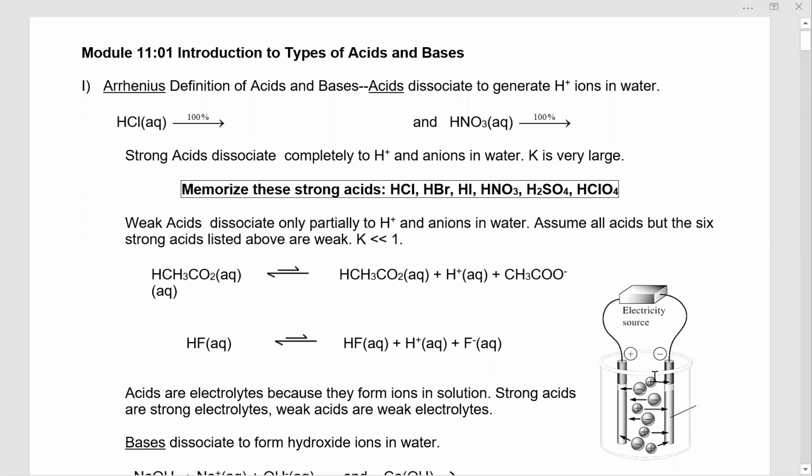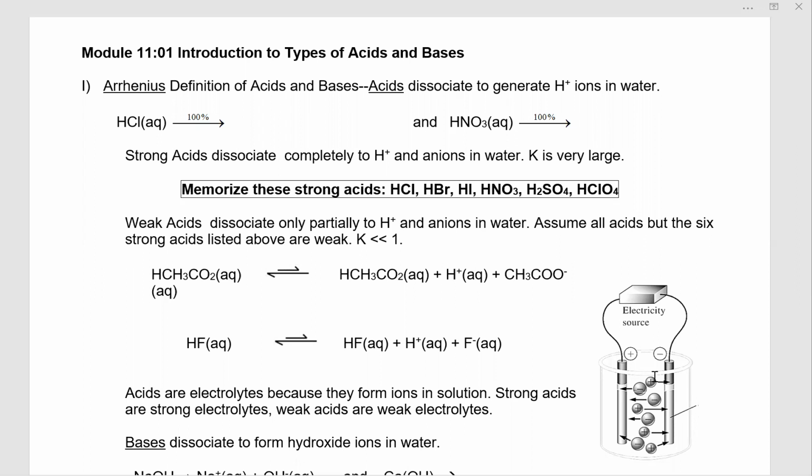This is Canvas Module 11.01, Introduction to Types of Acids and Bases. A lot of this is going to be review for you from Canvas Module 4. The Arrhenius definition of acids and bases is the most simple one, and it says acids dissociate to generate